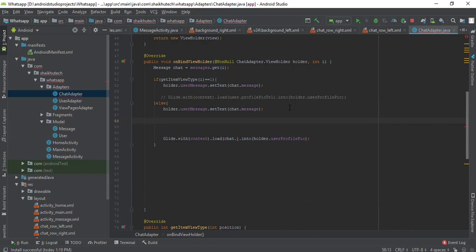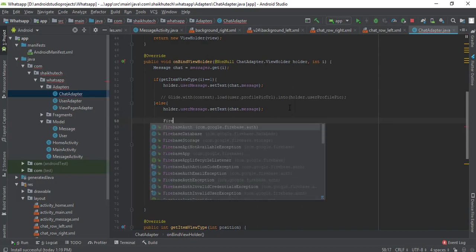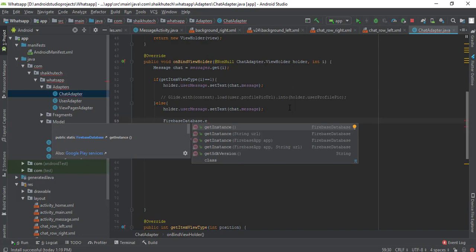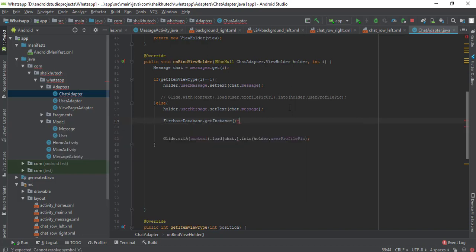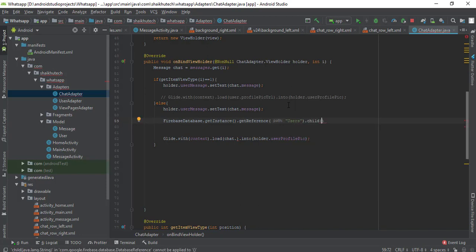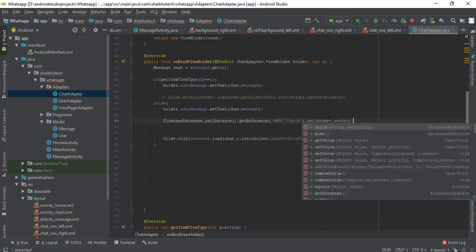In order to get that particular user URL, I'm going to have Firebase database dot get instance dot get reference to users, and from users dot child is going to be this ID of the sender. So I'm going to give here chat dot sender, and from that ID I want to fetch